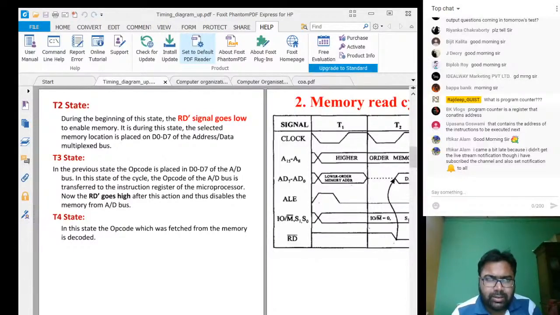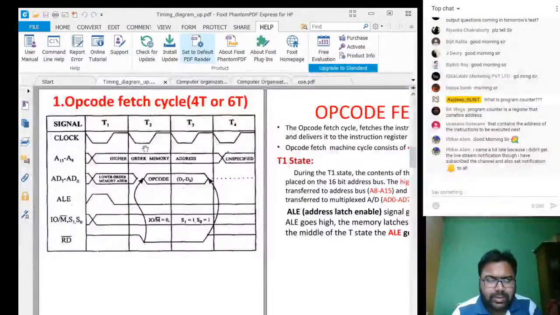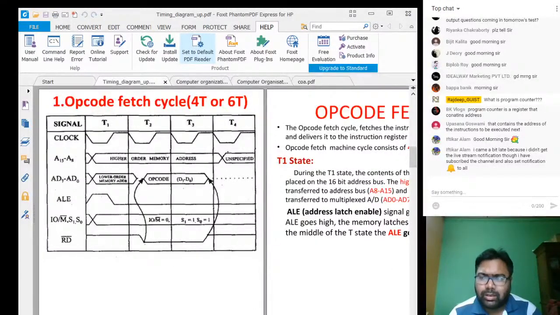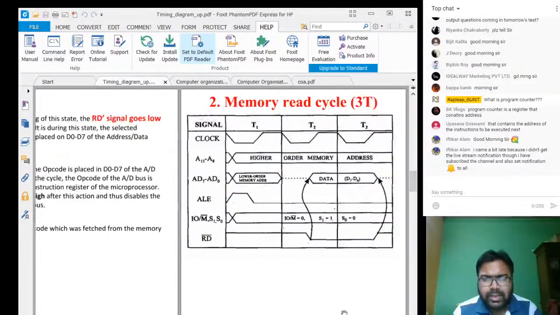So here, if you try to relate both of the cycles, you will see that the operation is almost analogous whenever we are trying to read anything from memory. The only difference here is that in the fourth cycle of the opcode fetch the opcode will be decoded, but in the memory read cycle you do not have this opcode read, you are only getting the content. You can watch it later on if you want, and if you are having any issues understanding, you can contact me, no problem with that.